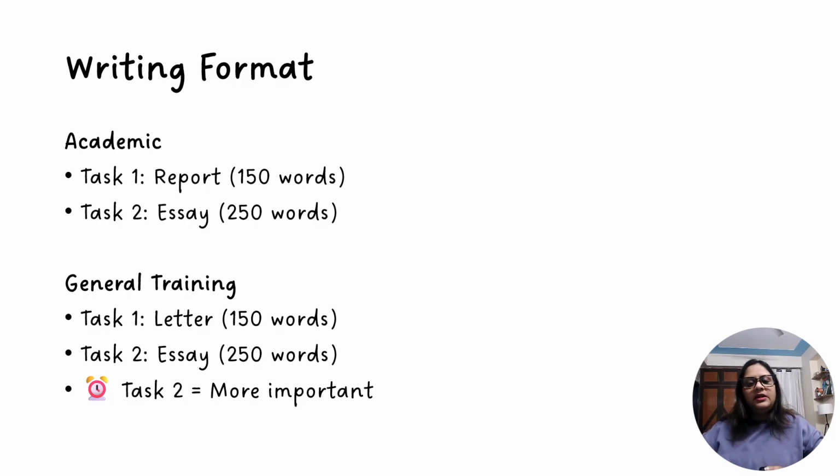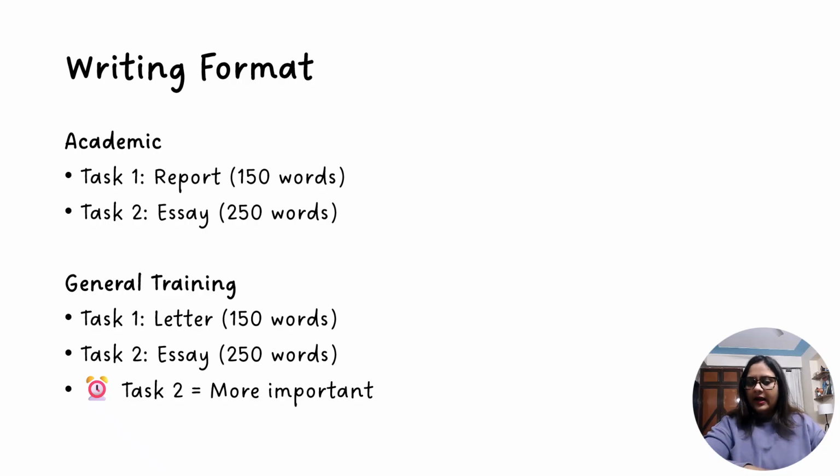Now letter can be formal, informal, semi-formal. So it depends on the kind of letter you get. Again, it will be of 3 bands only, so don't waste much time on it. Just divide it like this: 15 to maximum 20 minutes give to your task 1, and apart from that everything